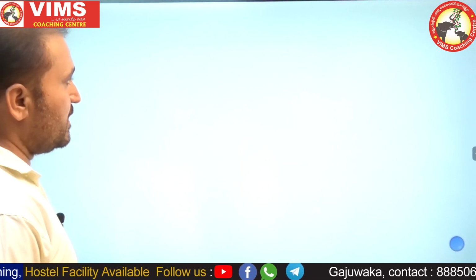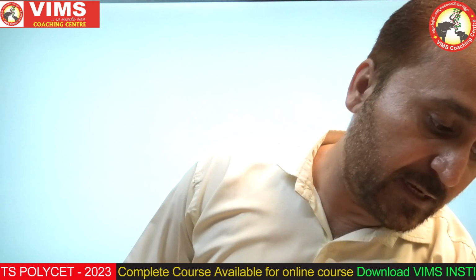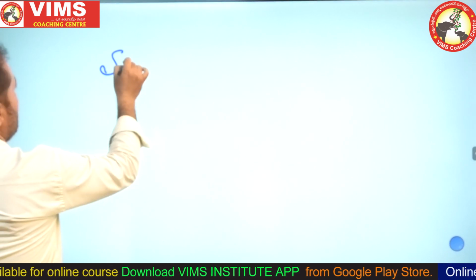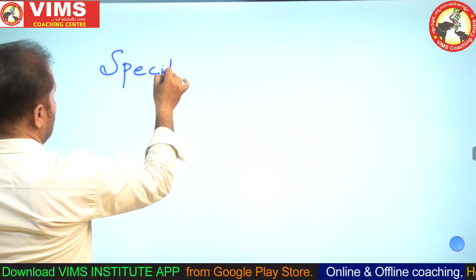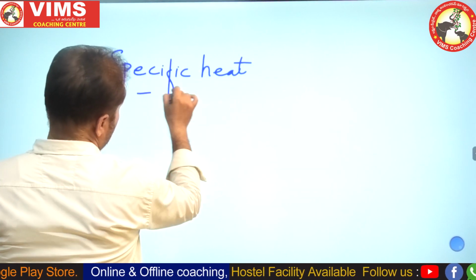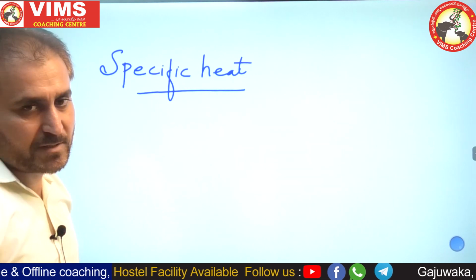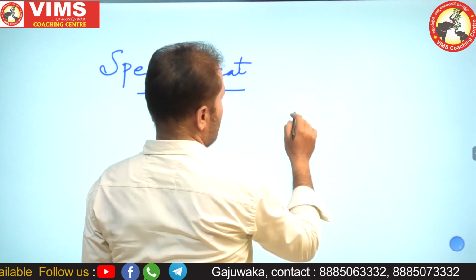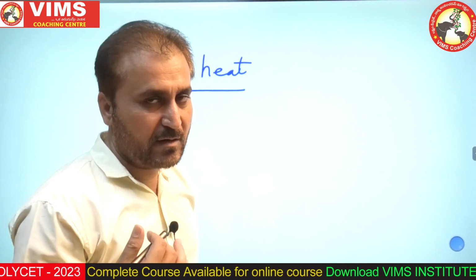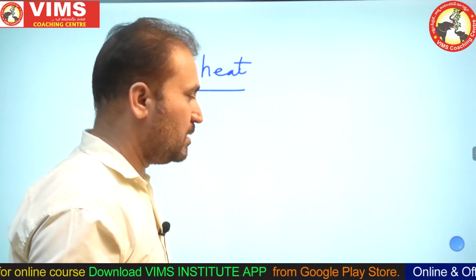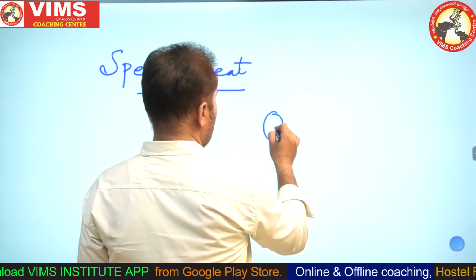So let us proceed towards the next topic where we will try to understand about specific heat. This is very important. What is specific heat? We already have a formula. First I will explain the formula, then it will be easy for us to understand what is specific heat. What is the formula for measuring quantity of heat lost or gained? The formula for finding quantity of heat lost or gained will be Q is equal to